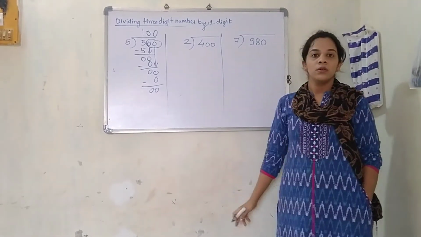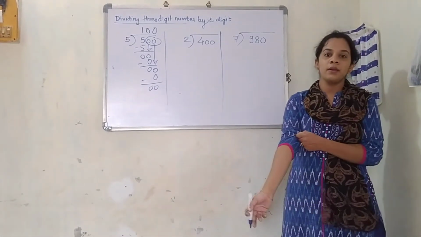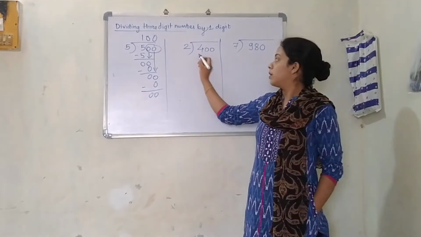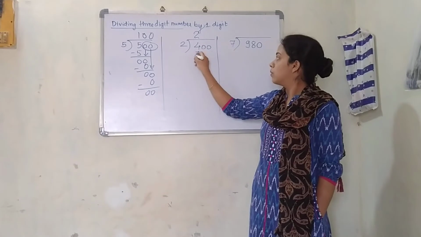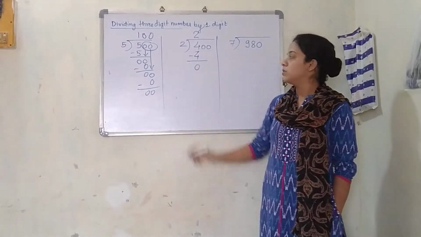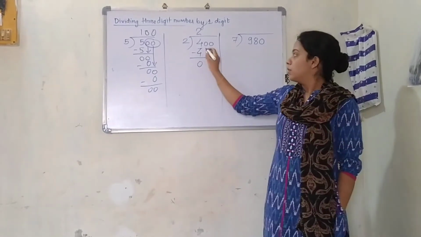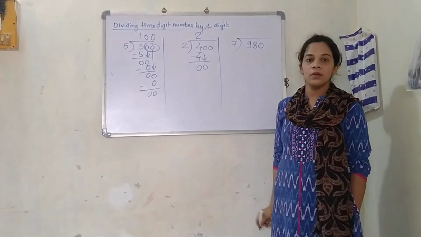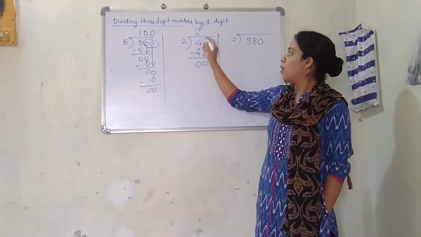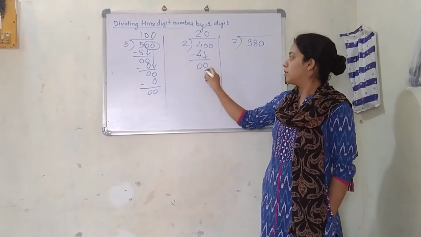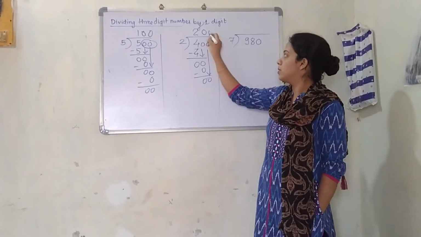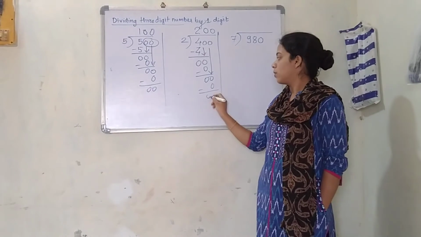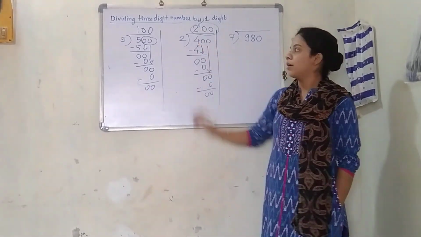Over here, you are going to divide 400 by 2. So 2 how much are? We are just going to focus on this 4. 2 twos are 4. So this 0 will come down. I am going to bring it down. 2 how much are 0? 2 zeros are 0. And this 0 I brought down again. 2 zeros are 0. So my answer is 200.